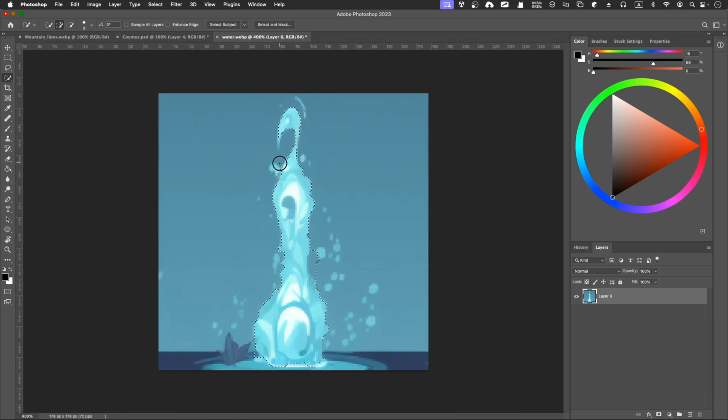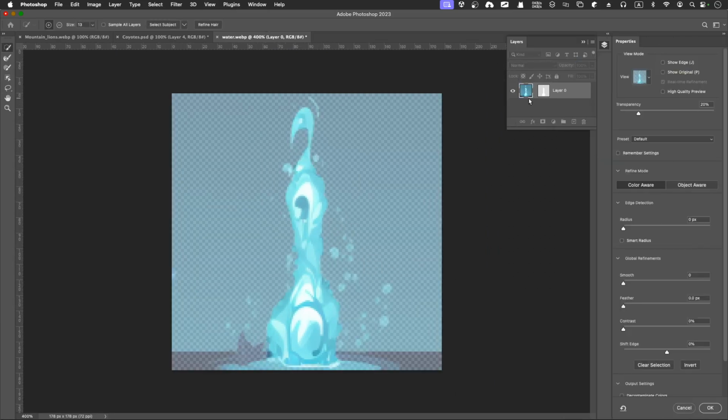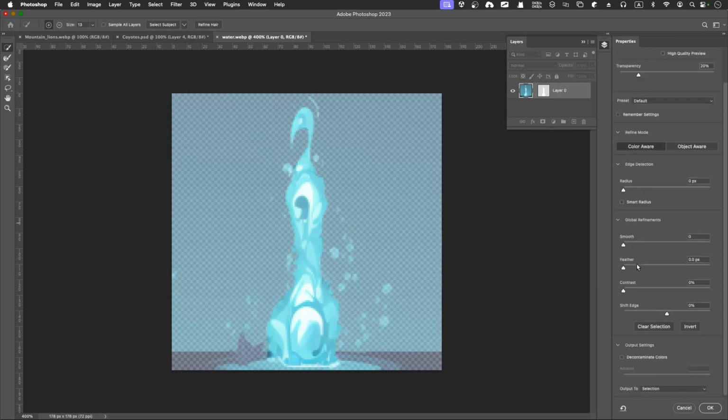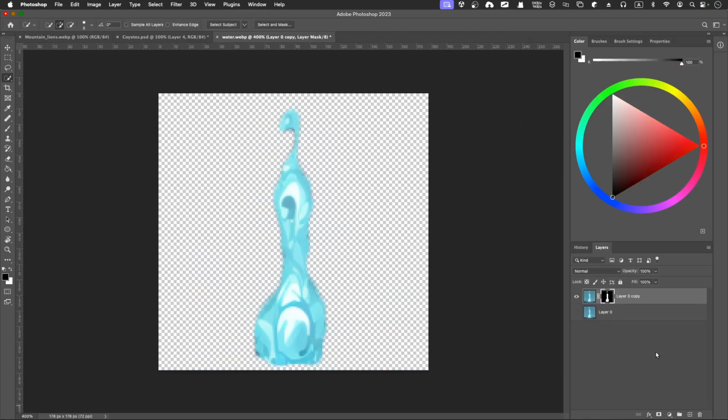So maybe I just get the shape and then quickly edit upon it and select and mask. Okay, and you can smooth it a little bit. Output new document, new layer with layer mask. That'll suffice. Okay, so you got it,